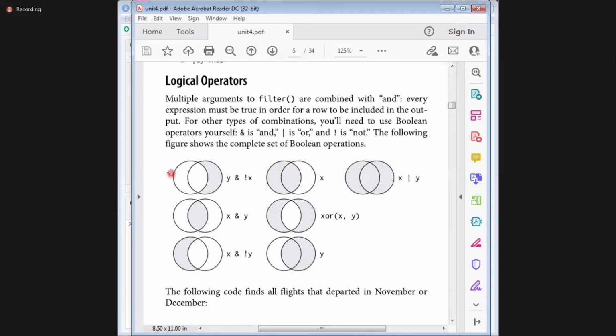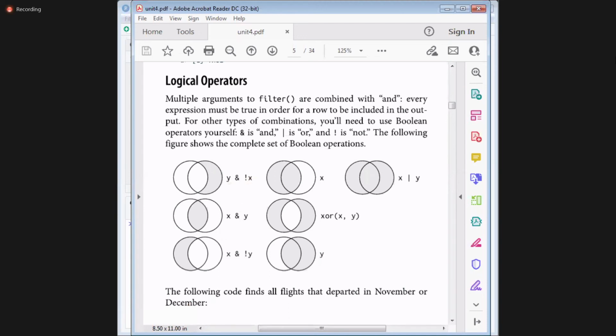See here, this is your x and this is your y. Your and means it has something common. X and y, it has something common in it. But if you want to select only this part, how do you select only this part? Using this command: y and not x.